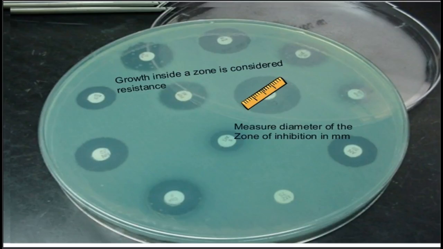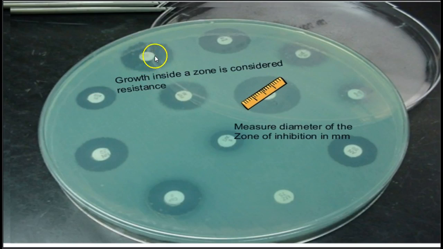So this slide shows an example of a Kirby-Bauer test. You can see that there are different zones of inhibition for each antimicrobial on the discs. You're going to measure that zone and then use your standard to determine whether the organism is resistant or sensitive. It's really important to look at growth within the well because, as you can see in